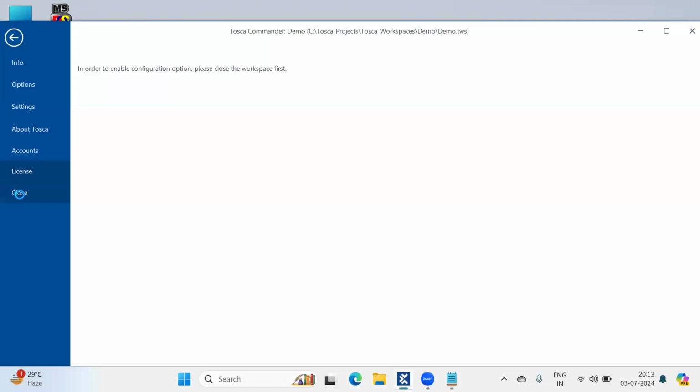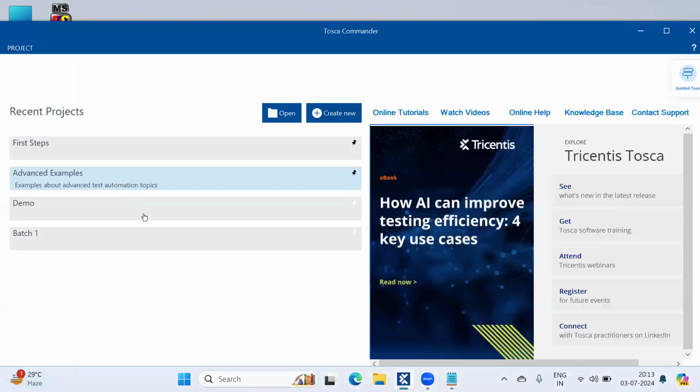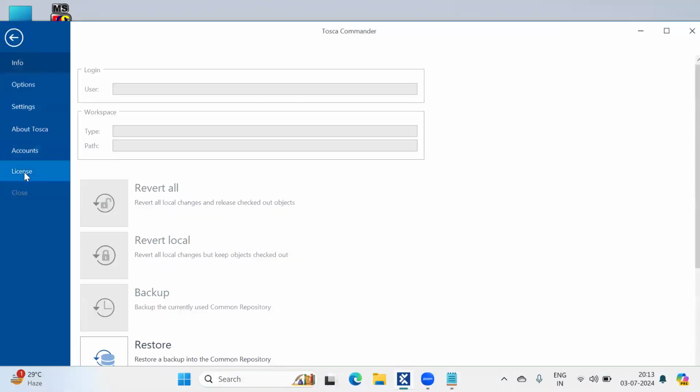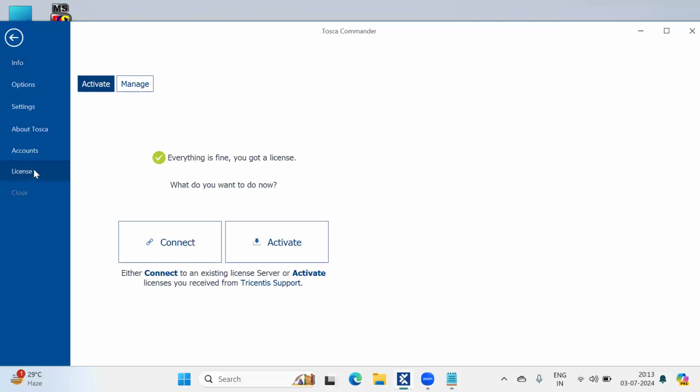Let me close this workspace first. Let me show you how to activate the license also. Here go to the project. Here you have the license option. Here it will be activated. Now I have already connected. My license is activated.